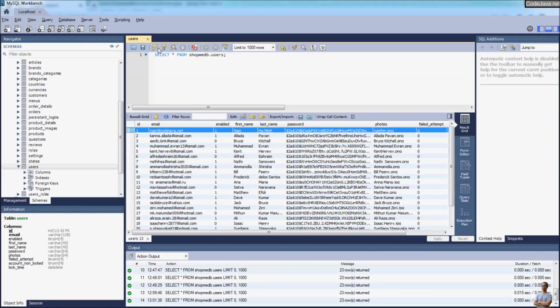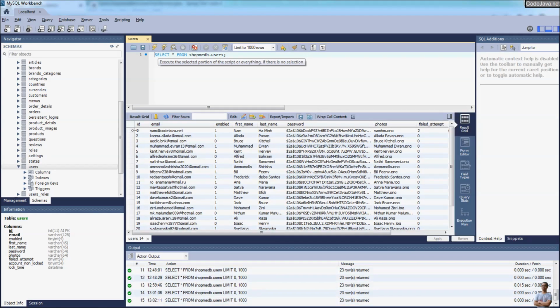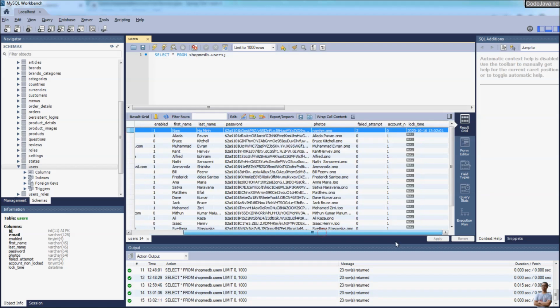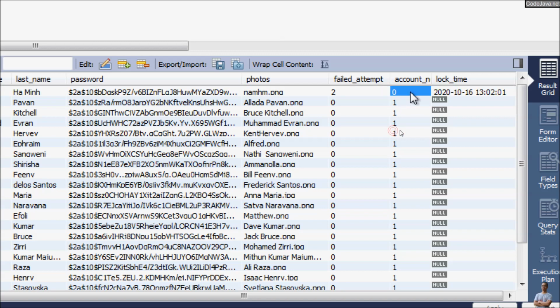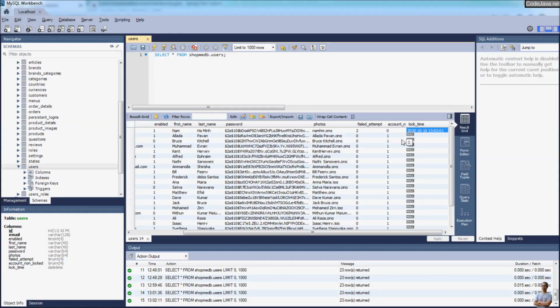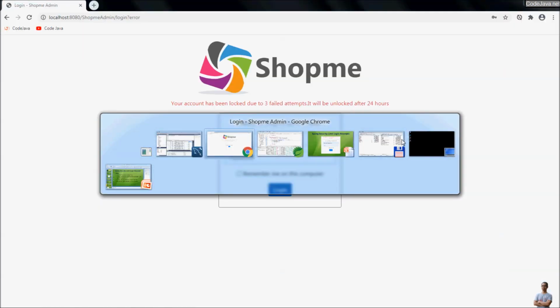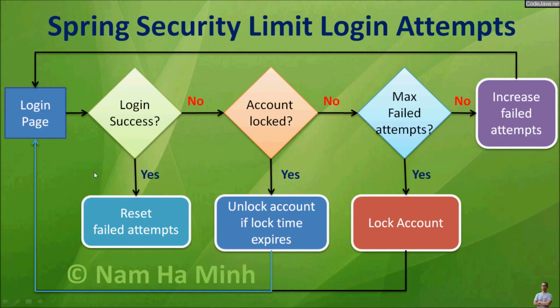And let me check the database for the username having ID 1 here, and you can see number of failed attempt 2, account unlocked 0, lock time here. Okay, then we will wait after 15 minutes, and in the meanwhile, I will show you how to implement the logic to reset the number of failed attempts upon